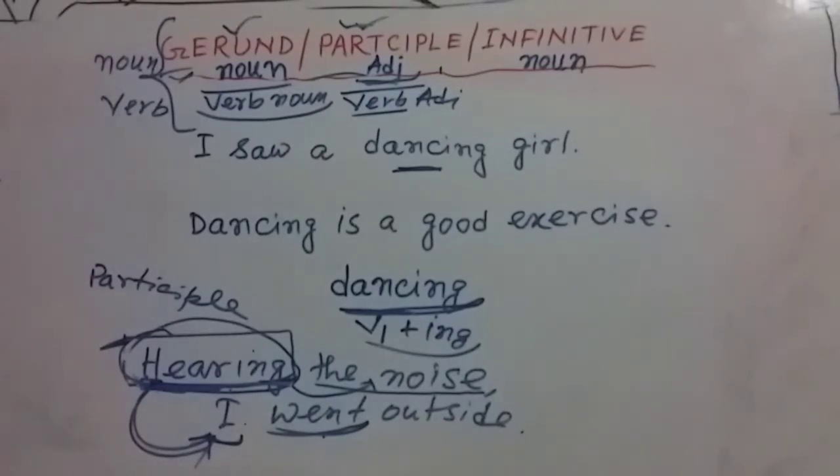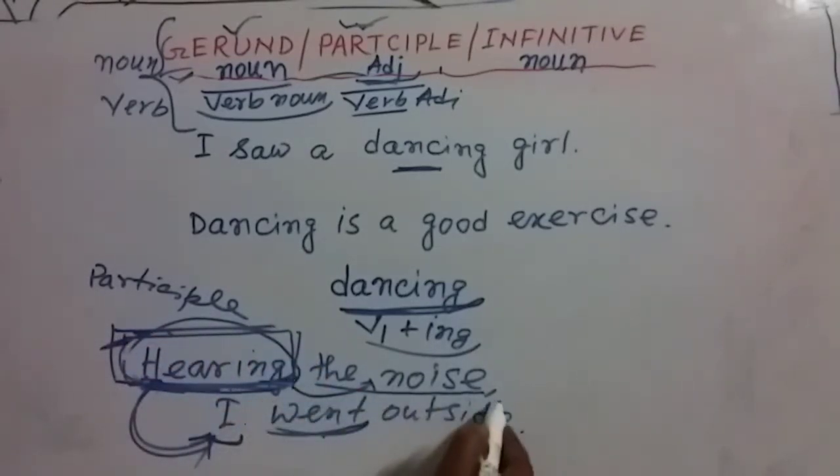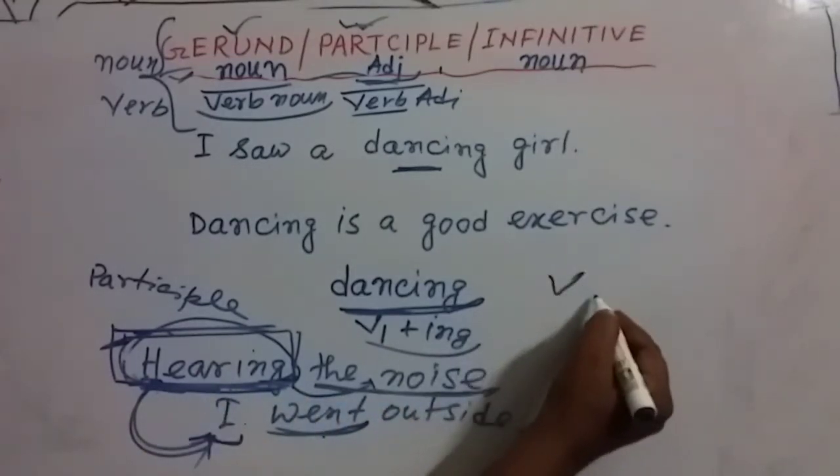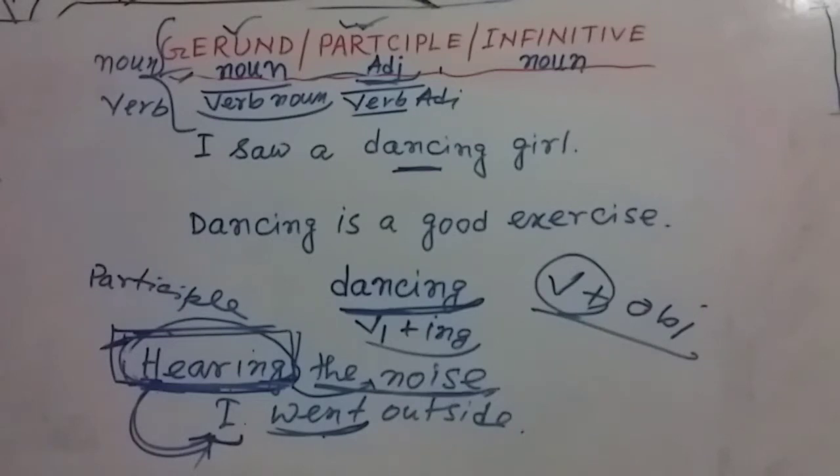And my dear friends, you can see this is a participle even though this term has taken an object in this sentence. Normally the verb takes an object. An adjective cannot take an object. But here there is the characteristic of a verb. That's why it is called a verbal adjective. I mean to say, in a gerund there may be the characteristic of a noun and also of a verb, and in a participle there may be the characteristic of an adjective and also of a verb.